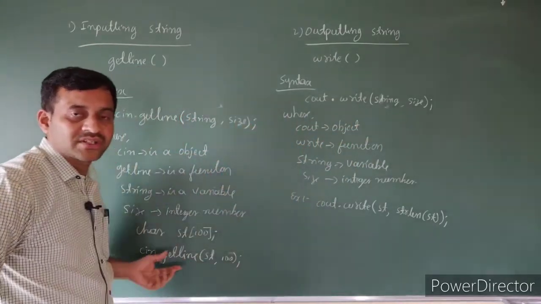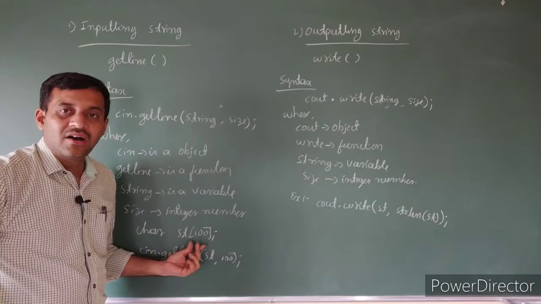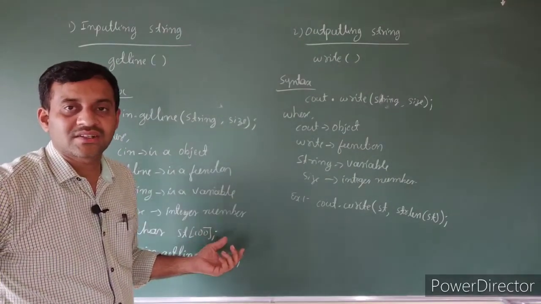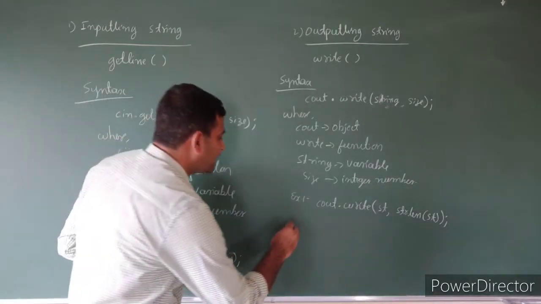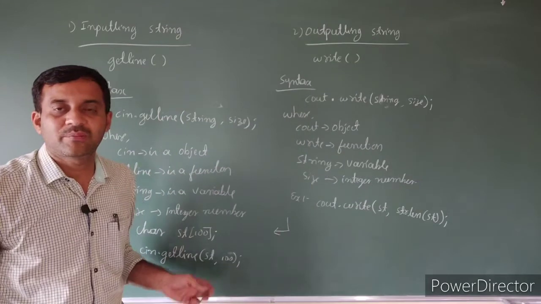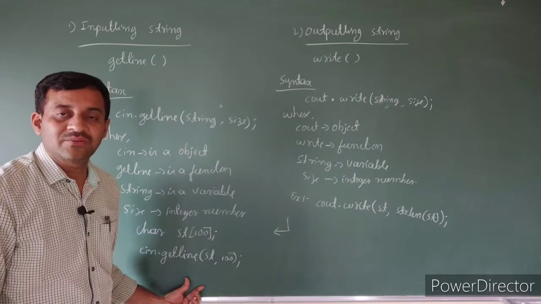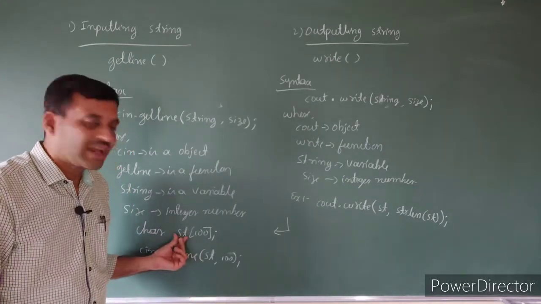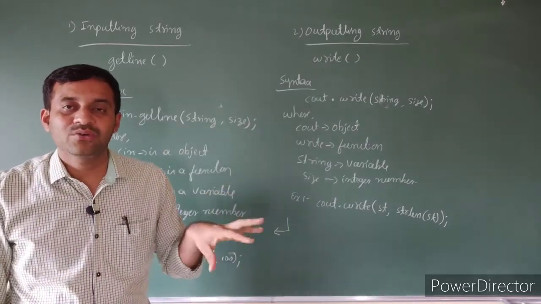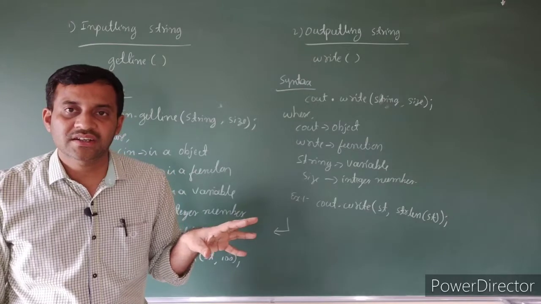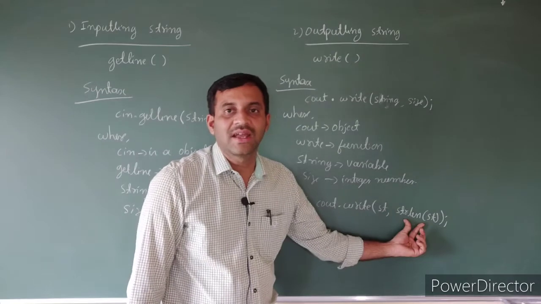But with the getLine function, if you press the enter key, it automatically terminates. See here, we declare st of 100, so up to 100 characters are accepted for the variable st. But if you press the enter key after entering 30 characters, the getLine function stops reading. Then the variable st has only 30 characters. How do we know that st has only 30 characters? That is done using a predefined function, strlen.